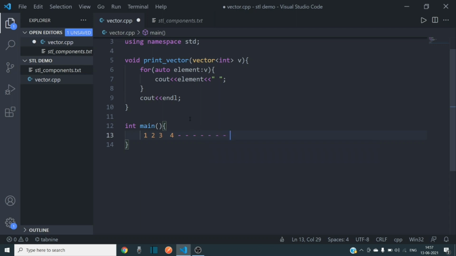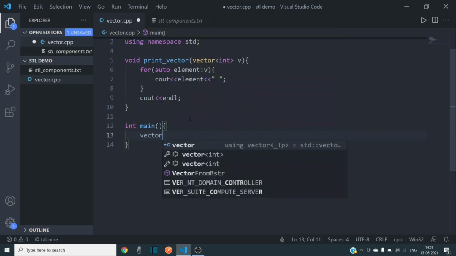For example, we have 1 to 3. What it will do is allocate a new array of size 6, copy 1, 2 and 3 into the new array, delete the previous array, and then insert the new element. So this is how dynamic arrays work. It is not needed for you to learn how vectors work. It's just out of curiosity that I told you how a vector is implemented.